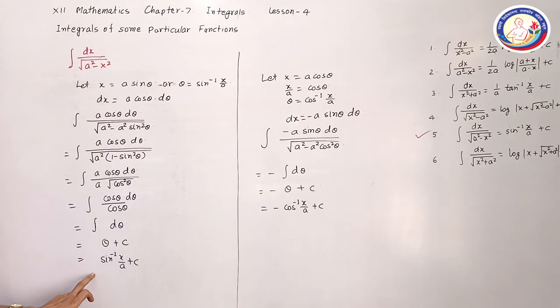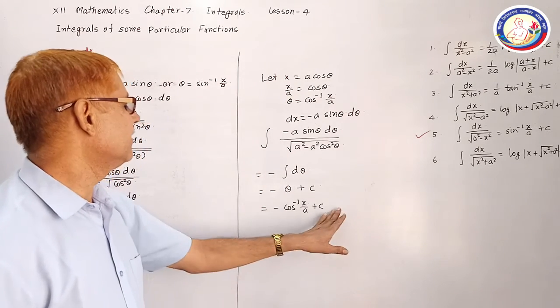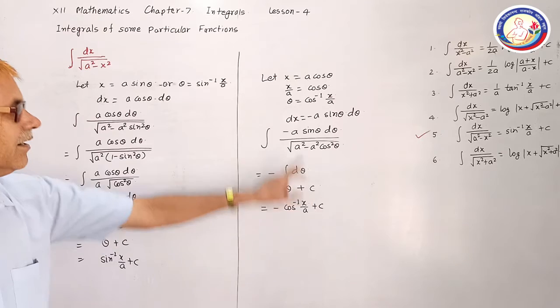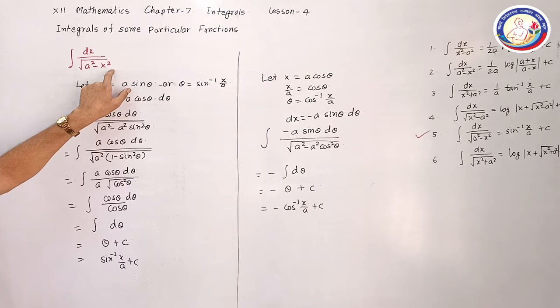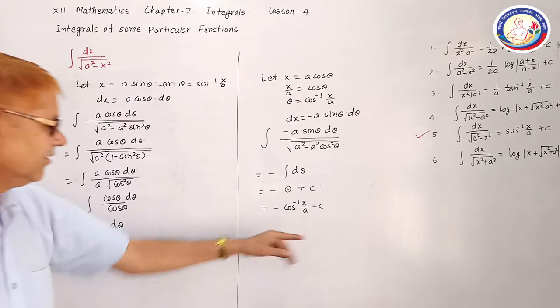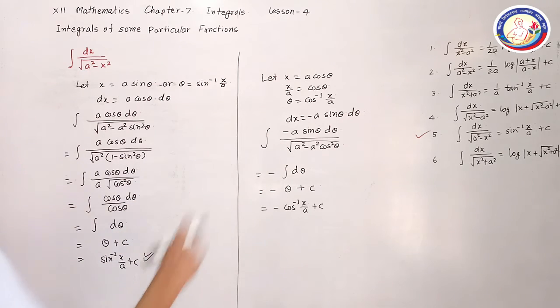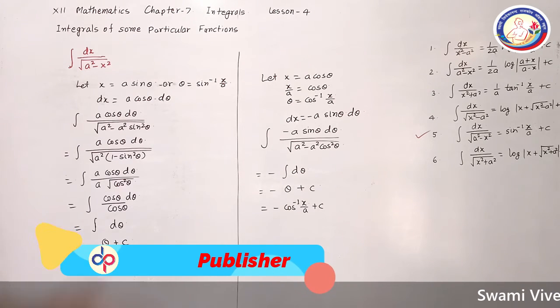So these are the two integrals. We can use this integral as well as this integral, but generally we use this. We prefer this. Both of the two are integrals of this function, 1 upon square root of a square minus x square with respect to dx, but we use this. So this is all about the integral finding way for point fifth.